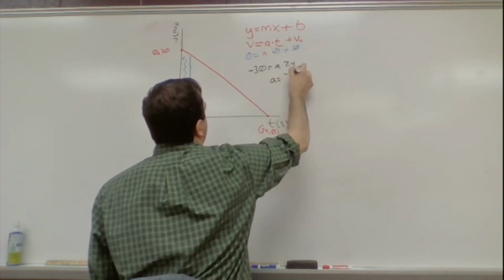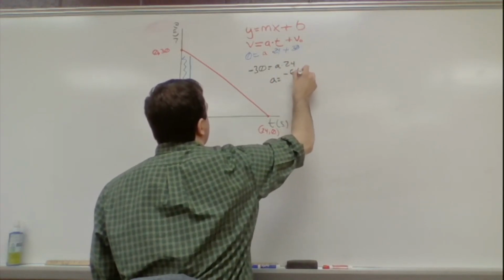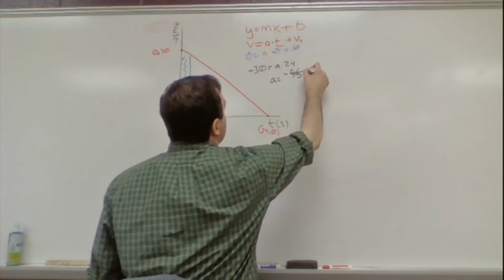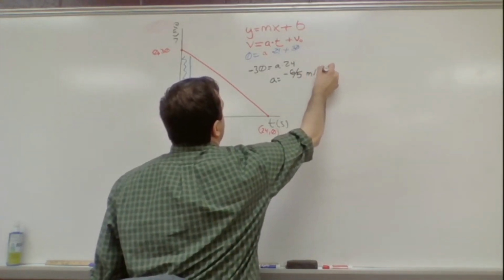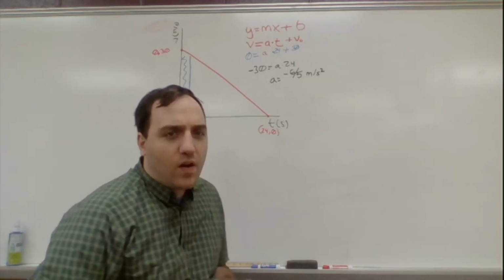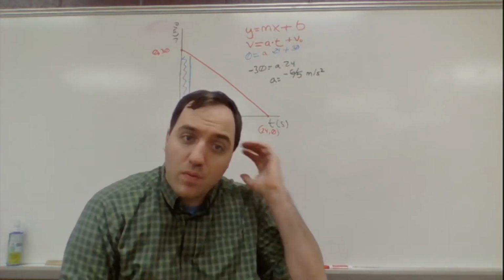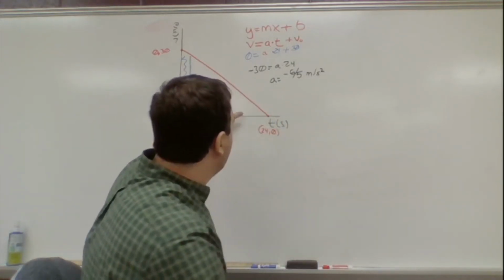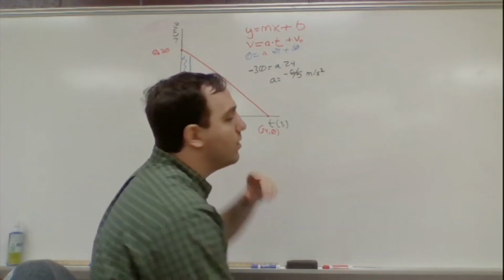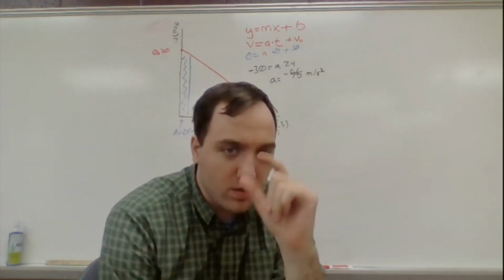A equals negative 6/5, and my units here will be meters per second squared. Double check our answer. Does it make sense? Does it fit with what we see here? Yes. We have a negative downward slope, and it's a little short, not much short, but a little short of